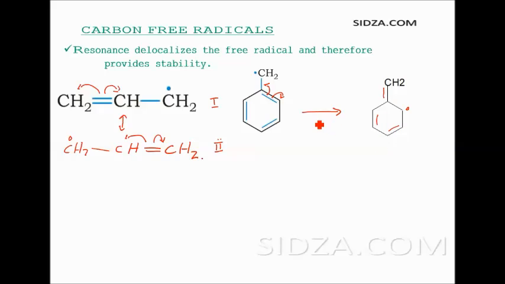And then these are the different canonical structures here. This is the second one, and you can again change it back into the third one here like this. Again, a homolytic bond fission will occur here, and a free radical will be at the para position. So you get a double bond here, a double bond already here, and one here. The free radical goes to the ortho position first, then it goes to the para position,